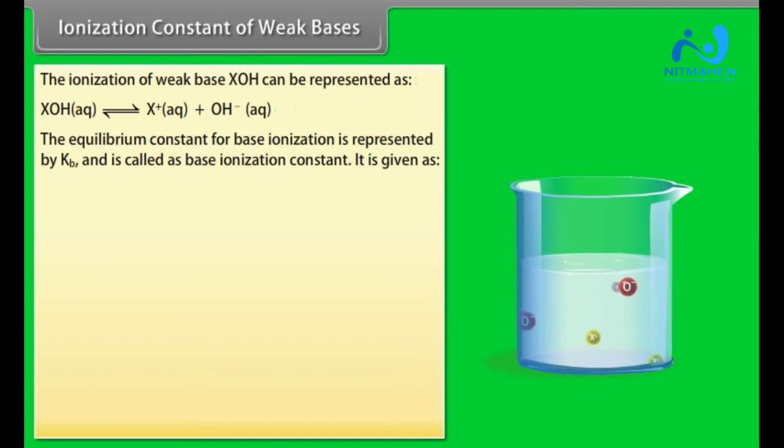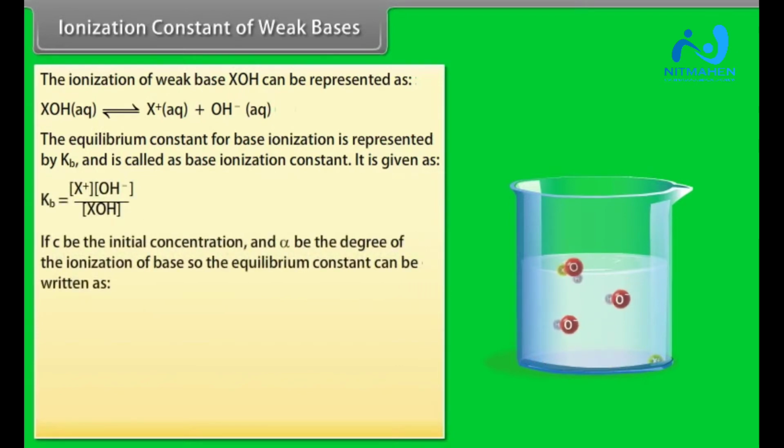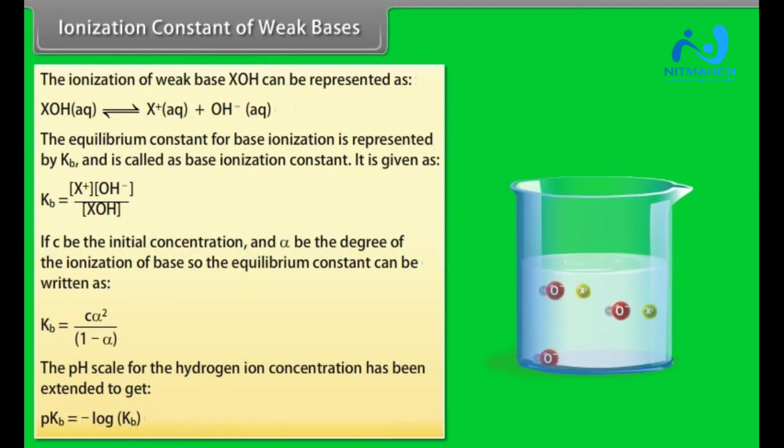It is given as: if C is the initial concentration and alpha is the degree of ionization of the base, the equilibrium constant can be written as Kb is equal to C alpha square by 1 minus alpha. The pH scale for the hydrogen ion concentration has been extended to get